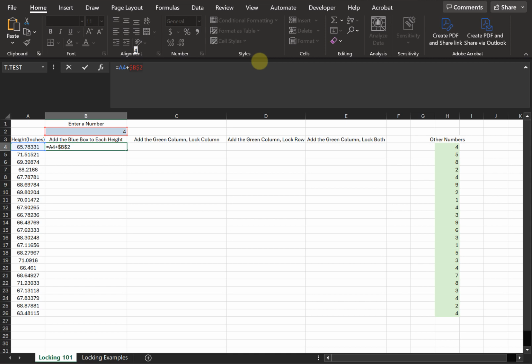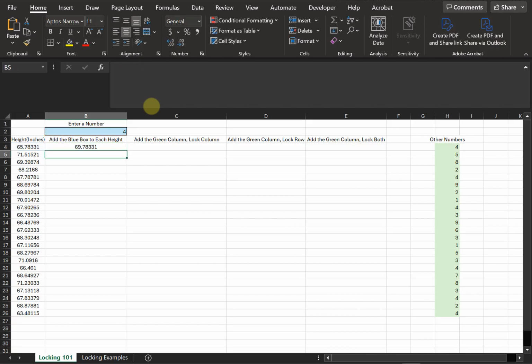Now the other cool thing about this though is if you keep hitting F4, you can see right here that the number of dollar signs either here or here are changing. So if you see, I click it, 2 dollar signs, I hit F4 again, one dollar sign in front of the 2, I hit F4 again, one dollar sign in front of the B, hit it again, now no dollar signs. So in this case, I want to lock both the row and the column, so I want all the dollar signs. And so now when I drag,